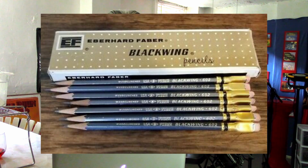This is the Blackwing 602. Now, I should tell you, these are not the same ones that Chuck used in the traditional sense. Palomino is the name brand of this pencil, and Palomino was not who was making them when Chuck was alive. It was always a popular pencil with animators, draftsmen, and writers who wrote by hand. The company motto of the old pencil, half the pressure, twice the speed, is on here. But it's not Palomino. The original Blackwing 602 was made by Eberhard Faber, and the reason they stopped making them